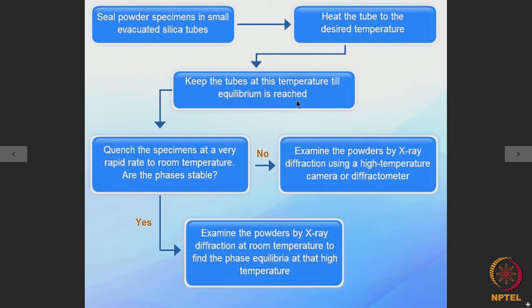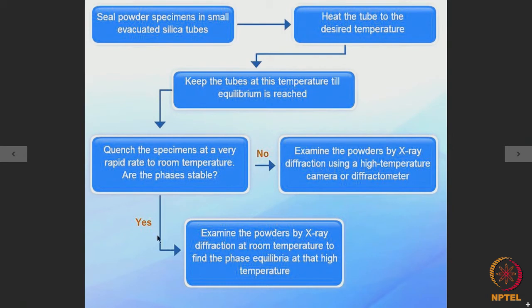Now, if it so happens that the high temperature phases can be retained by rapid cooling to room temperature, then that is what we do: quench, or rapidly cool the specimen at a very rapid rate to room temperature. Are the phases stable? If we find yes, the high temperature phases are stable,